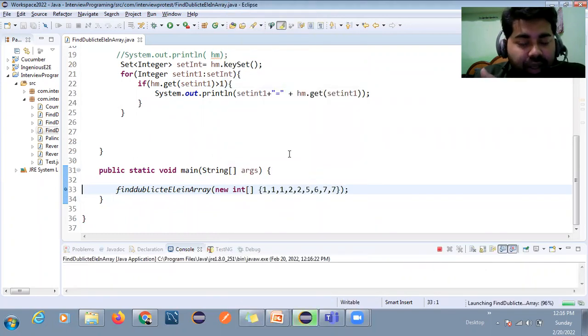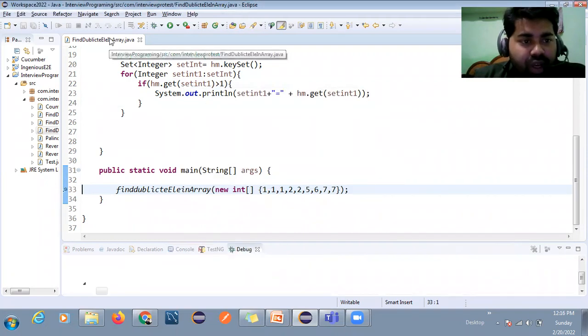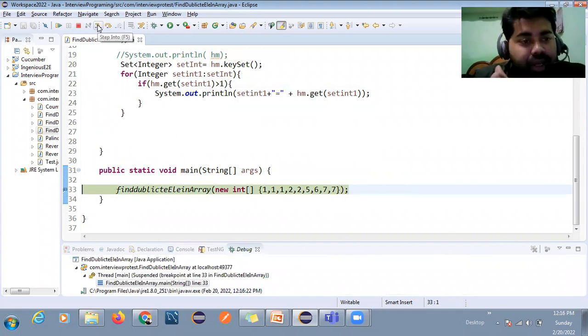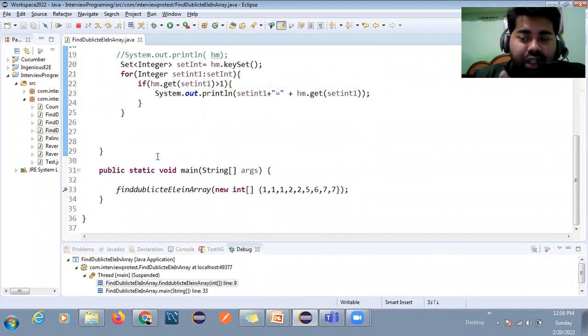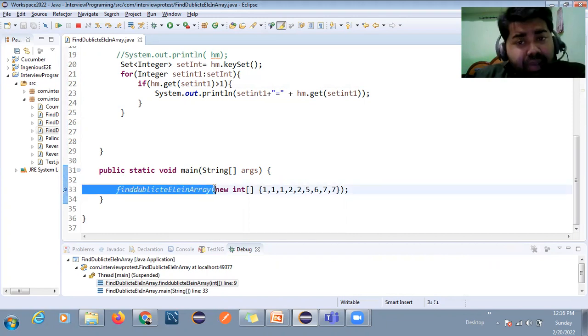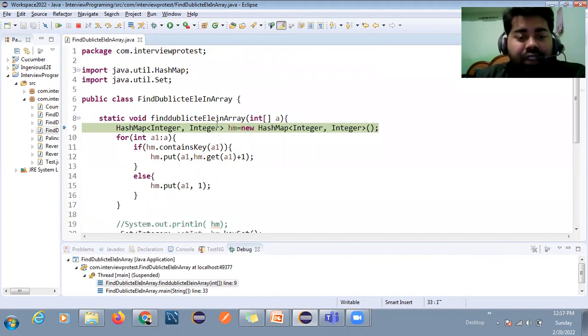When you run in debug mode, what will happen here? You will get two options. The first option is step into, and the second option is step over. Now if I press step into, you can see control will come here. So this is again simple Java concept. When your execution starts, it will come inside this main method, and here our logic is going to execute. So this is your method, then control will come inside this method.